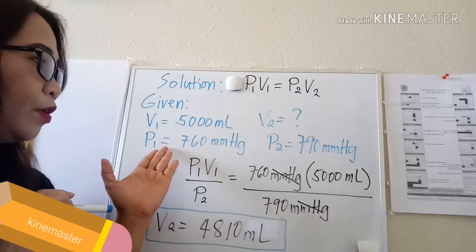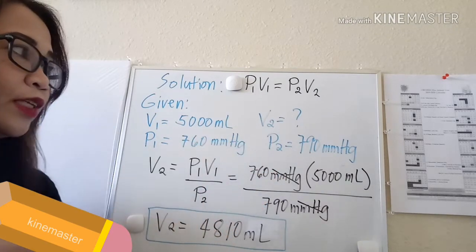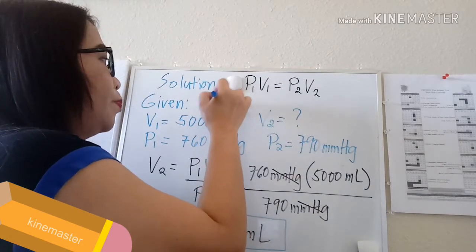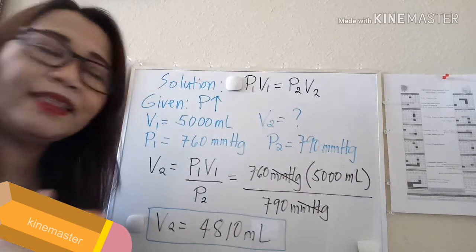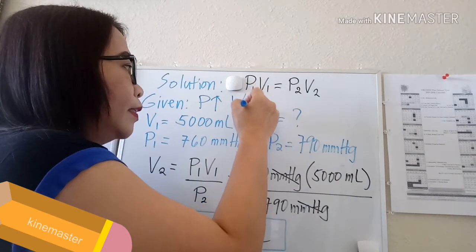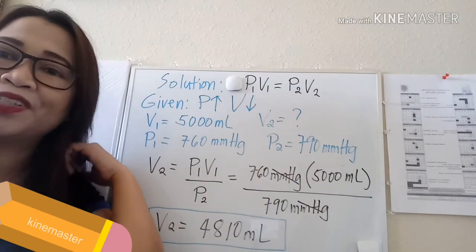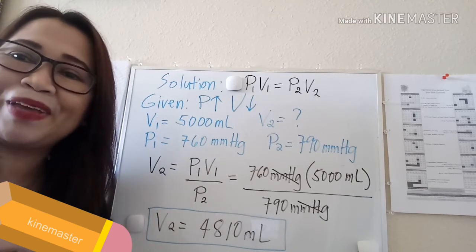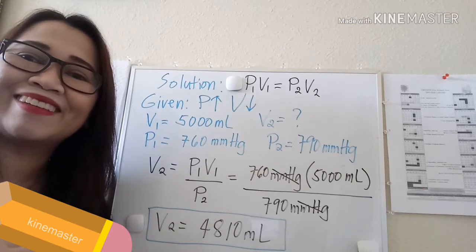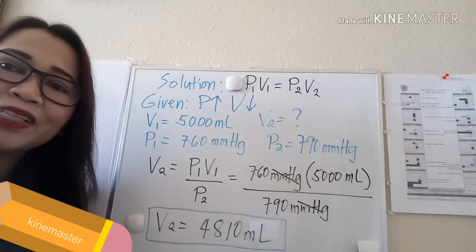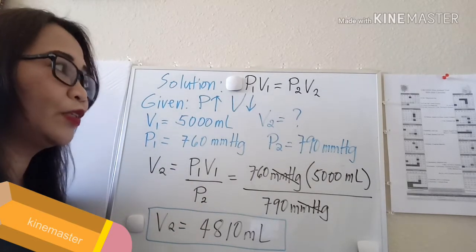So as you can see, we have an increase in pressure. So what does it mean? With an increase in pressure, we are expecting that the volume will decrease. Why? Because we have an inverse relationship between volume and pressure. Remember? All right. So since we have already set our expectation, the next thing that we're going to do is